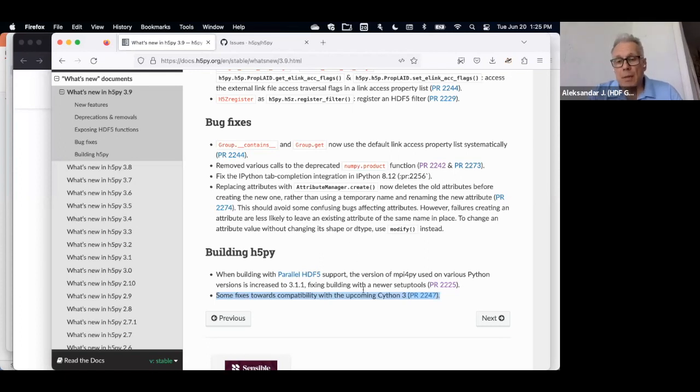The upcoming version 3 of Cython introduces a bunch of changes that now cause complaints in various places in h5py code, and this fix tries to improve that compatibility. By the way, Cython was forever 0 point something.